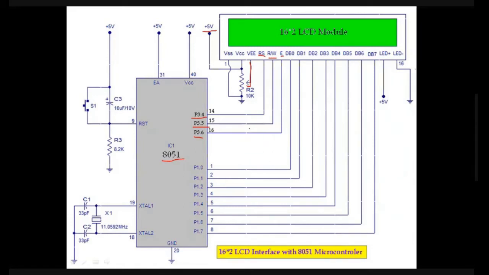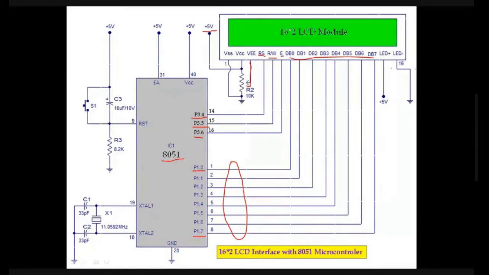That is, RS equal to 3.4, RW equal to 3.5, and the enable pin is 3.6. My data bus, DB0 to DB7, that is D0 to D7, I am going to connect to port 1.0 to port 1.7.